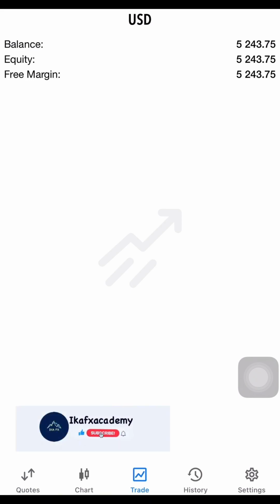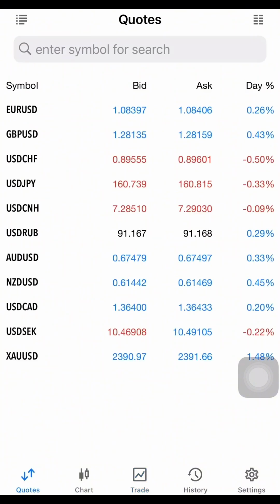Now this is a dashboard of my trading account. Here on the quotes button, you see the number of pairs that I have on my watch list. You understand? You see their prices, the ask prices, the bid prices, and the spreads that were made in percentage on these instruments